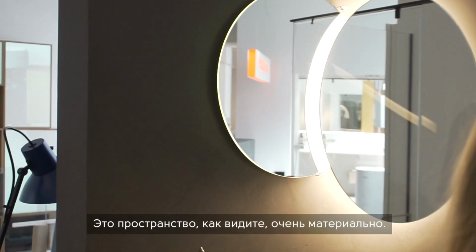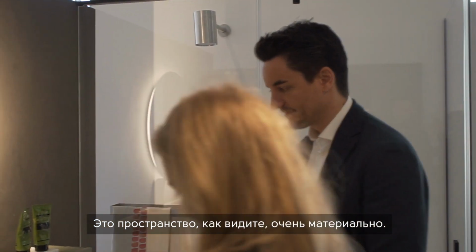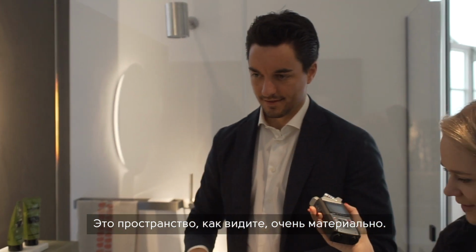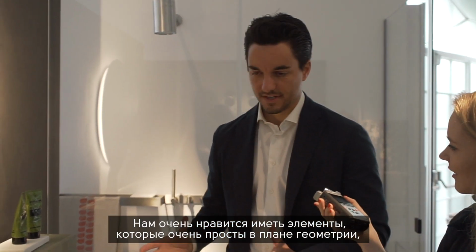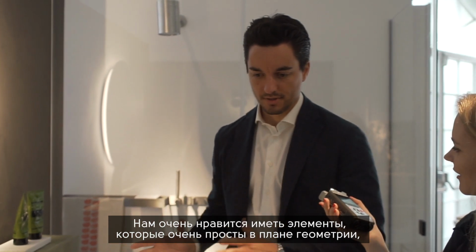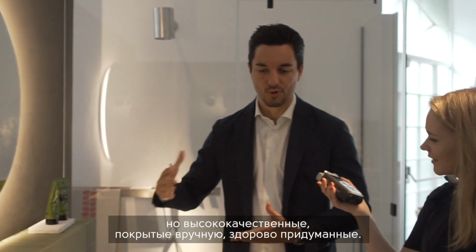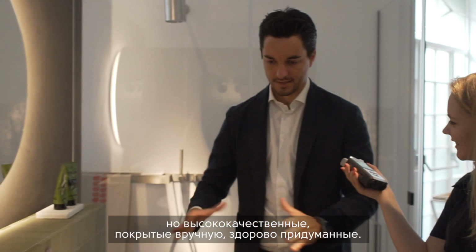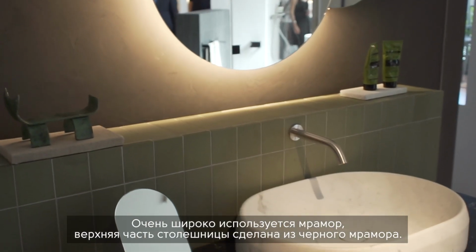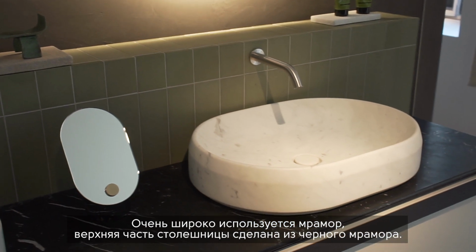So this environment is, as you can appreciate, very material, which is what we like. Let's say to have elements with very simple geometries, but with high quality in the way they are handmade, finished, and conceived. And let's say a large use of marble, black Marquinia countertop,